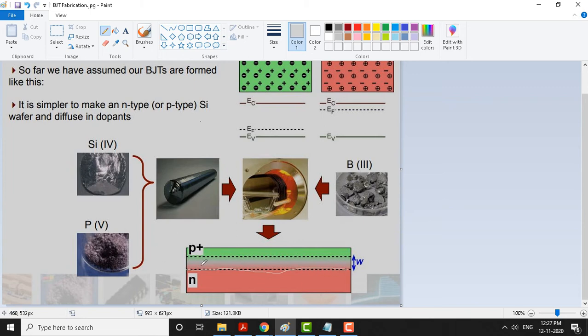On top of this, you diffuse a variety of materials, for example in our case a P plus impurity material. Boron is what you add here to make a P plus material. The base material here is N type, which is the phosphorus. On top of this, if you add boron, it becomes the P plus material. To make a P plus NP transistor, we need to add P type material at the bottom also, so that it becomes a P plus NP structure.